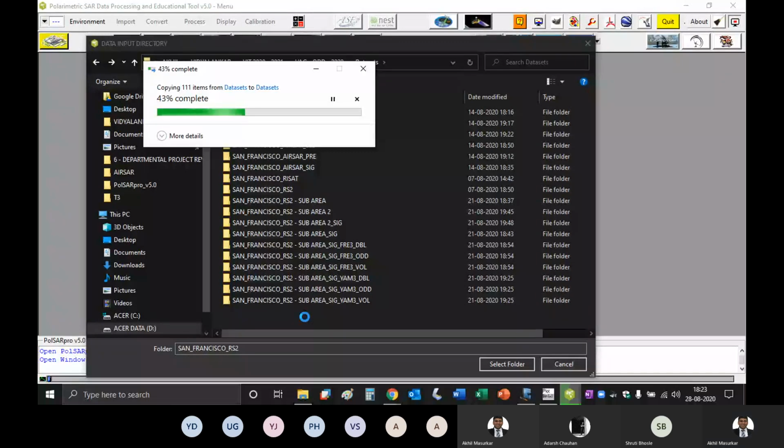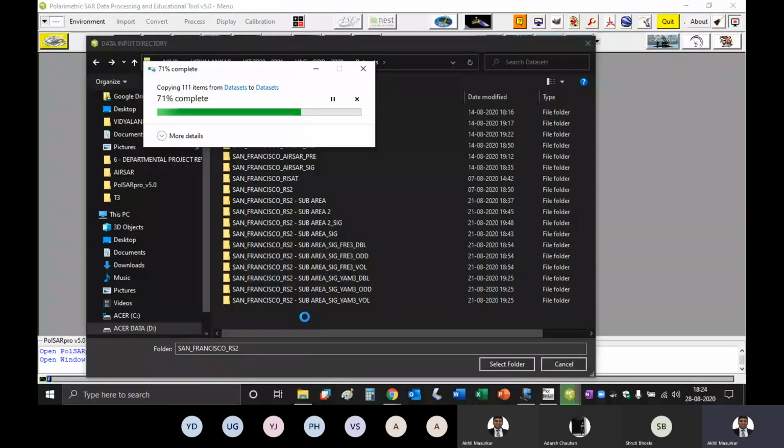So if you have copied it, finished copying it, just say finished. And let us, I am naming this folder as San Francisco RS2 sub area 3. Okay, great. Paritosh Hanuman has copied it.